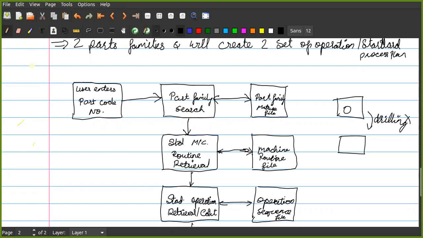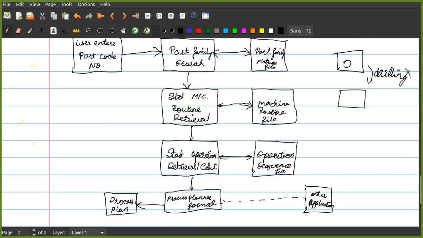Then once you get the routine file, you check the operation sequence, whether it is to be edited or not. If there's no change, you simply pass it to the process planner formatter. If there's any change, you change it and transfer it again to the operation sequence file.